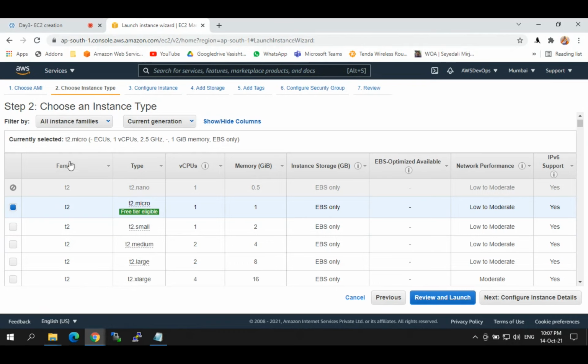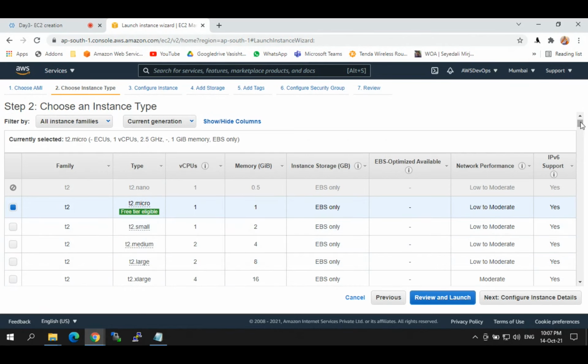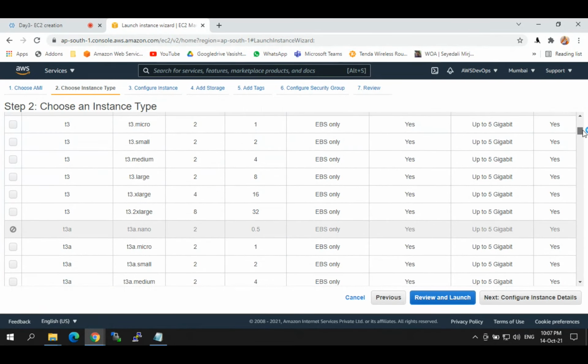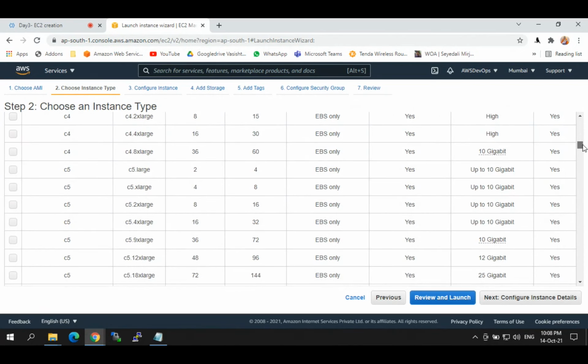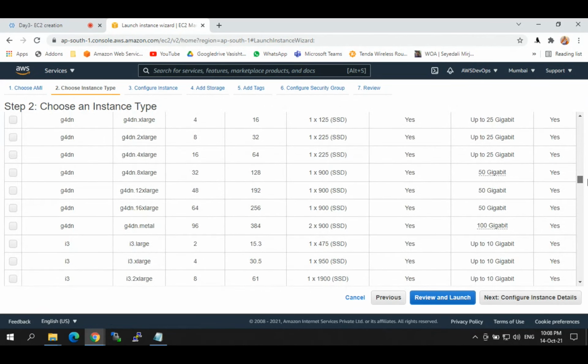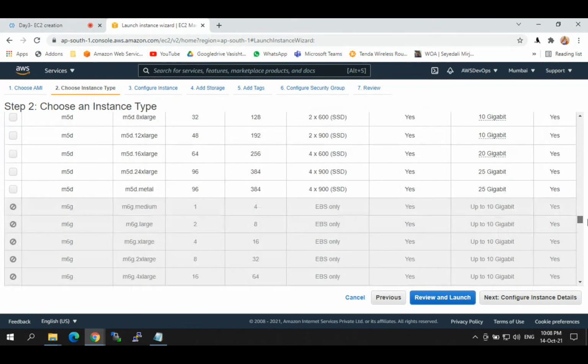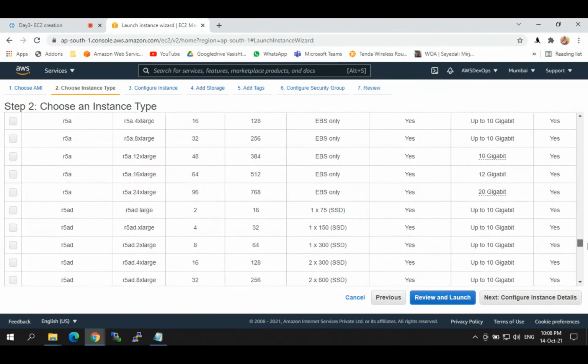See here, we have a family. The family belongs to T2 here. Okay, so type: T2 nano, T2 micro, T2 small, T2 medium, T2 large. If you go to the bottom, here it is now T3. T3 micro, T3 small, T3 medium, T3 large. Likewise, if you go to the bottom, it is C5 series now. After that, D series is there, G series is there, I series is there, M series is there, P series is there. So all these are